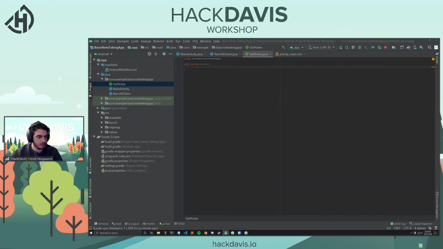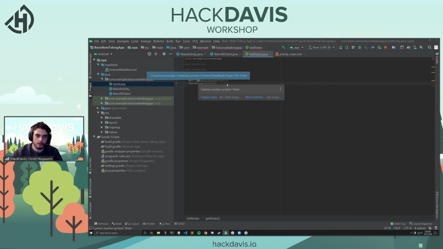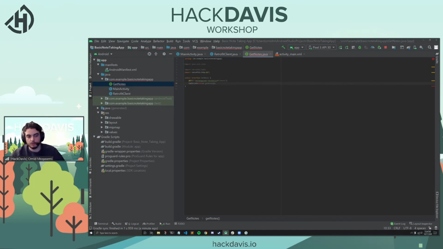And then we're just going to paste actually 2 lines in here. You're going to have to import some stuff, and it's going to be these 2 lines. And the word note will have a red line under it, and that is supposed to happen, so don't worry. Okay. And don't worry if you're a little bit behind and you're still copy pasting, no worries, the code is